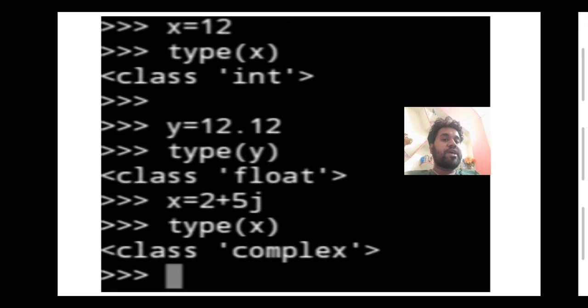If I write x is equal to 2 plus 5j, here 2 is the real part and 5 is the imaginary part. J shows that it is the imaginary part. In maths we indicate it by small i, but in computers it is indicated by small j. So it is showing that it is a complex type.